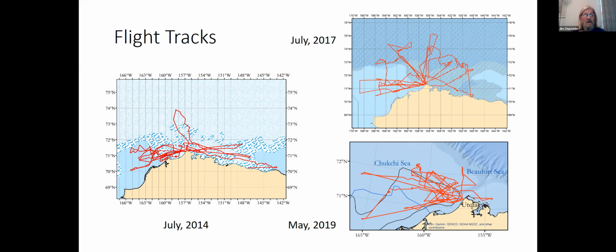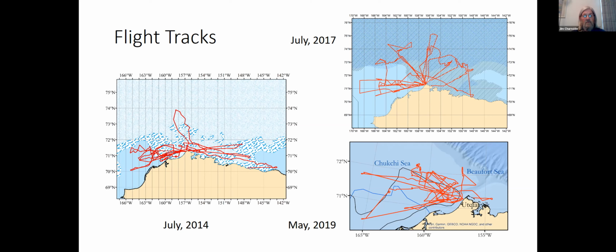The first thing that pops out on these flight tracks is that they're not regularly spaced transects out from the shore as one might expect. Clouds, low clouds and fog are an issue. We were also interested in the marginal ice zone where we had broken ice.